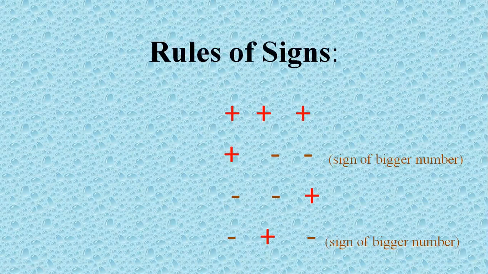As you all know, when we have two positive numbers, we add the expression, right? When we have one positive and one negative number, we will do subtraction, while we have to put the sign of the bigger number in the answer. When we have two negative numbers, we do the operation of addition, while we put the sign of subtraction with the answer. Again, when we have one negative and one positive number, we do subtraction, and we put the sign of the bigger number in the answer.